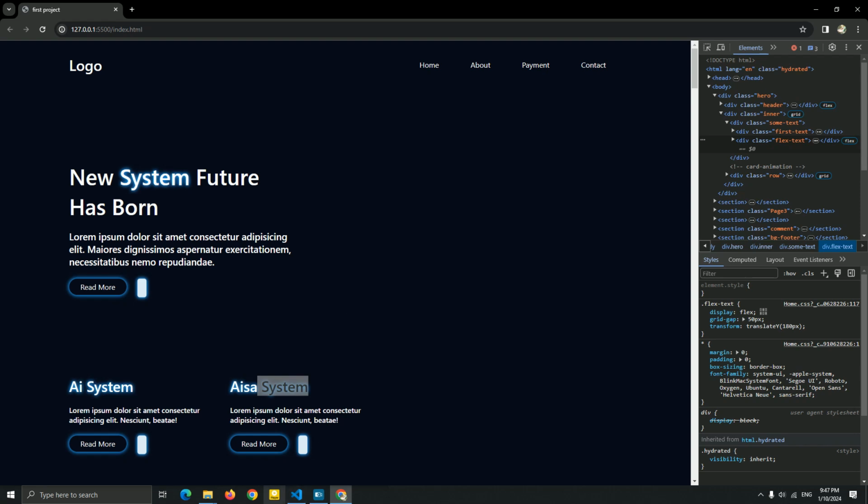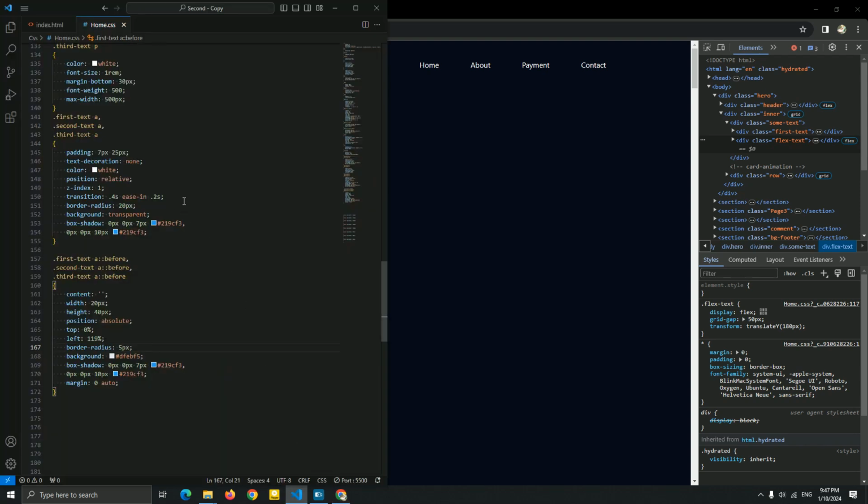And you know what, let me just add the transition, because I think we need to create a hover for this, guys. So this is our transition. Now let's go create a hover. So before creating a hover, I'm gonna add animation for every first text A, and the second text A, and the third text A. So I'm gonna add the same animation, but the time of the animation will be different.